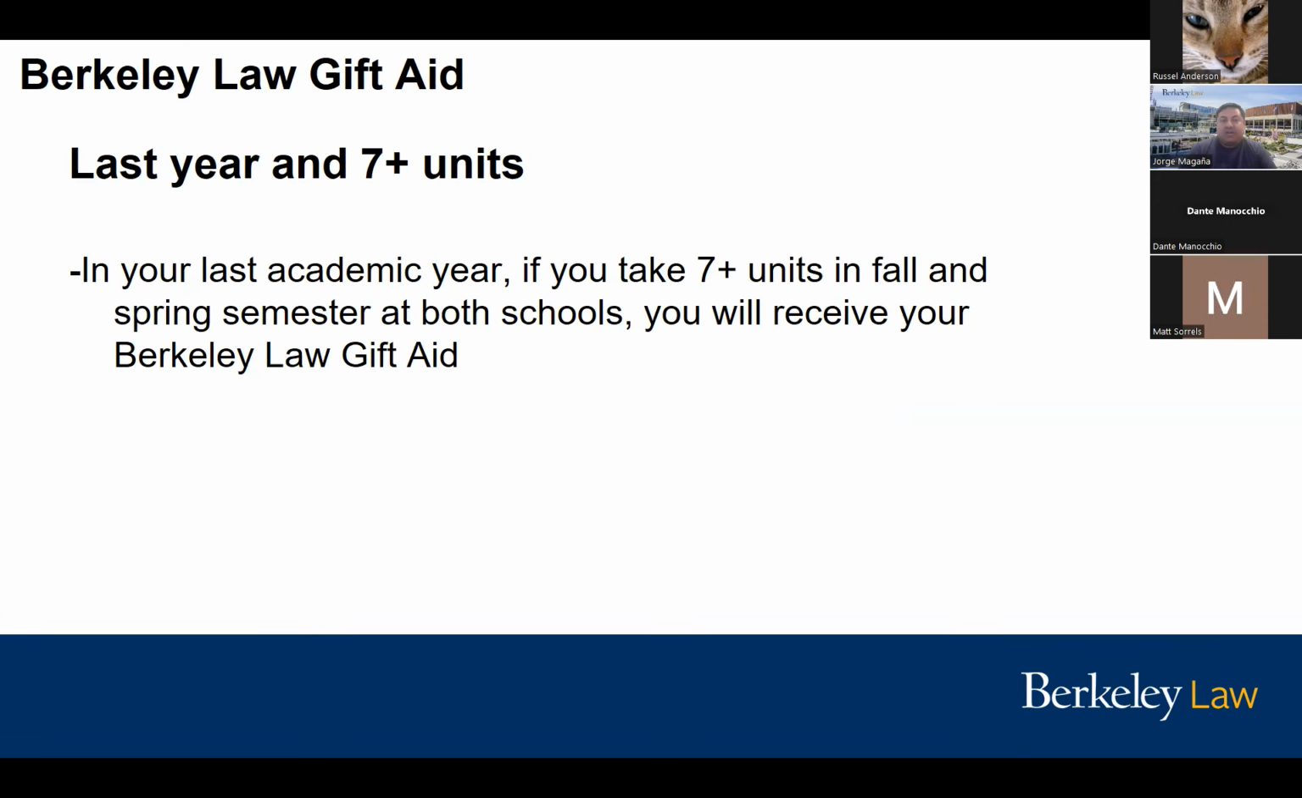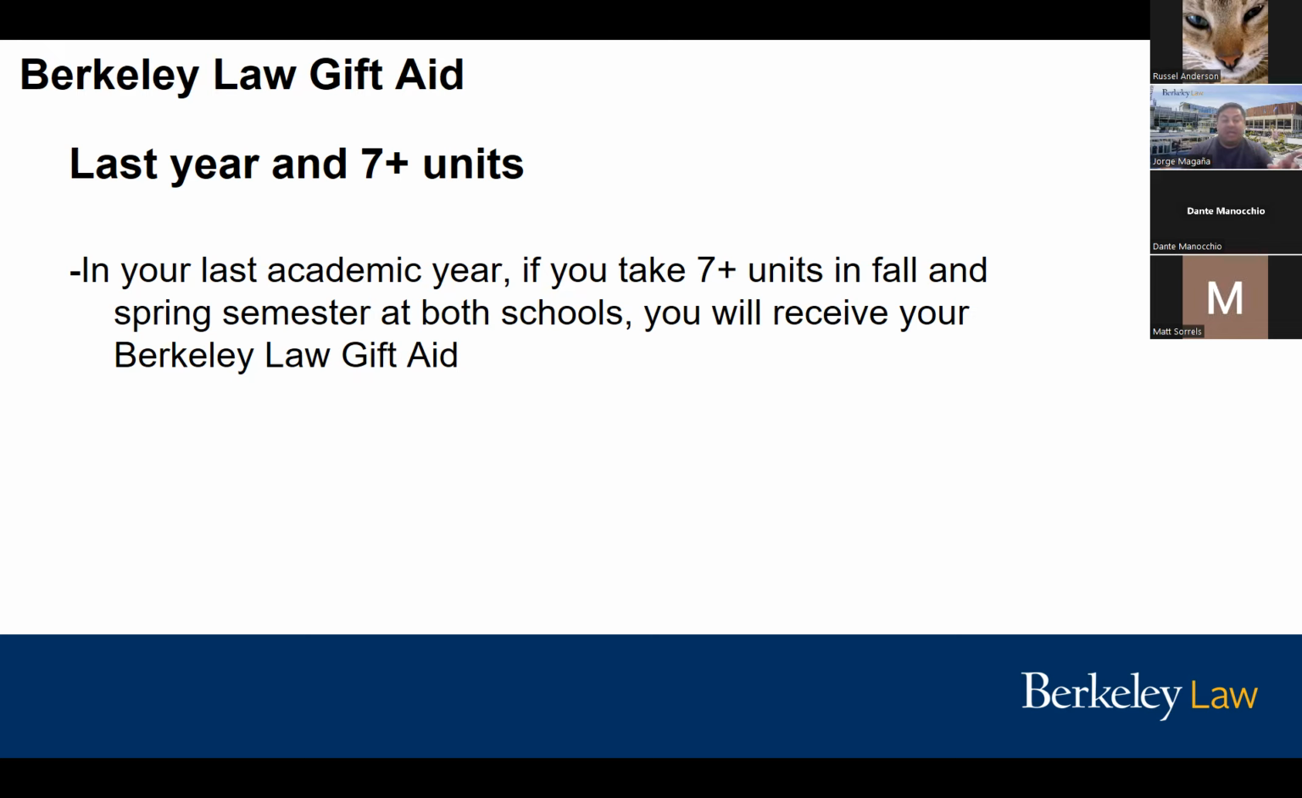In the last year of the dual program, you can get Berkeley Law gift aid if you take at least 7 units in both the fall and the spring semesters at both schools. If you do this, you're going to be paying JD professional degree supplemental tuition, and let's say if you're the MBA, you would be paying Haas, or if you're the MPP, you would be paying Goldman,